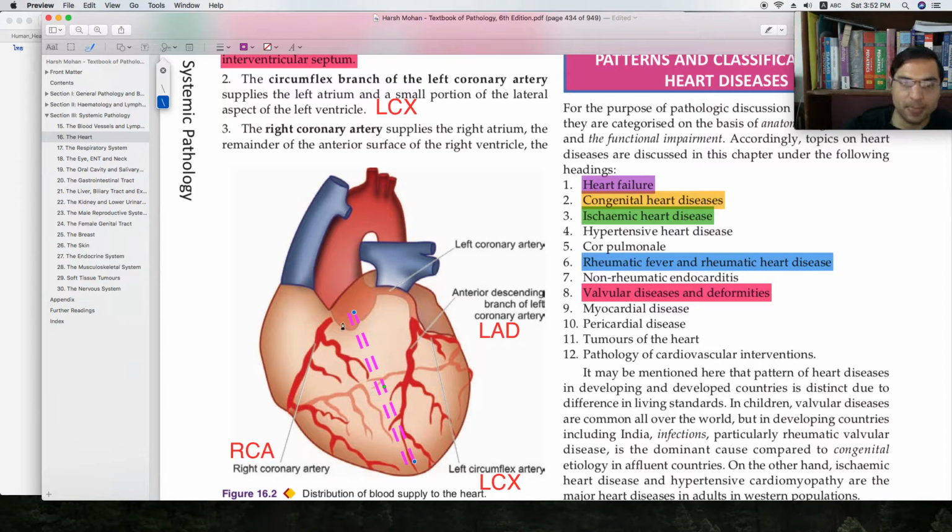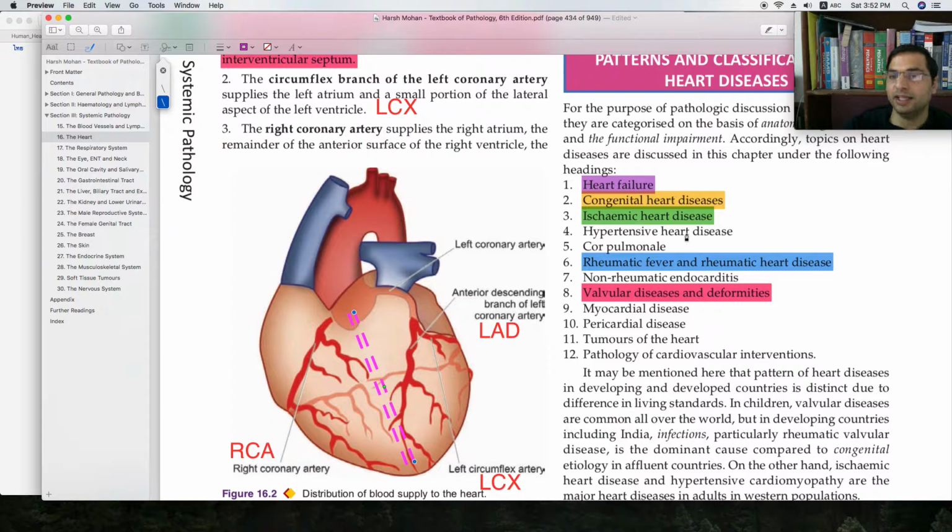When these blood vessels, the right coronary artery and the left coronary artery and its branches, have some defects, then the muscles of the heart, the myocardium, will not get enough blood supply, enough oxygen supply, enough nutrient supply. That can lead to heart death. So that is called ischemic heart disease, right? So that is called pump failure. The heart can no longer pump.